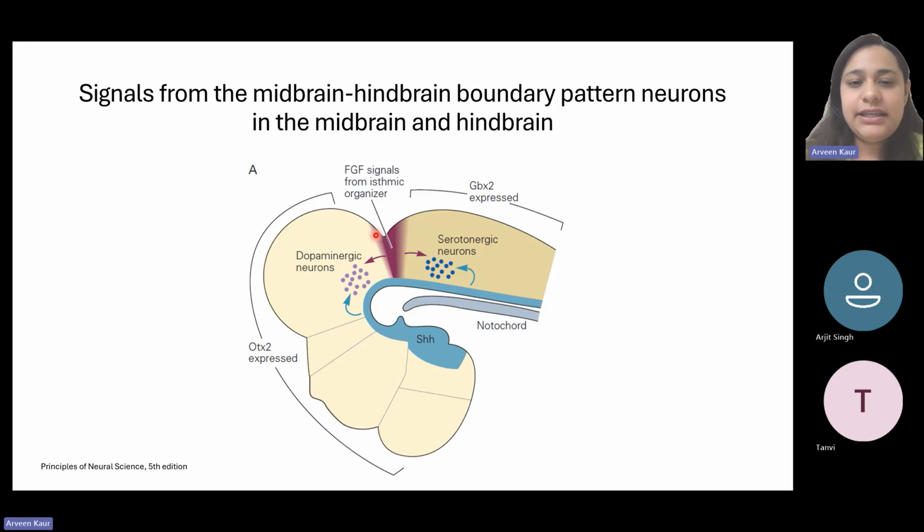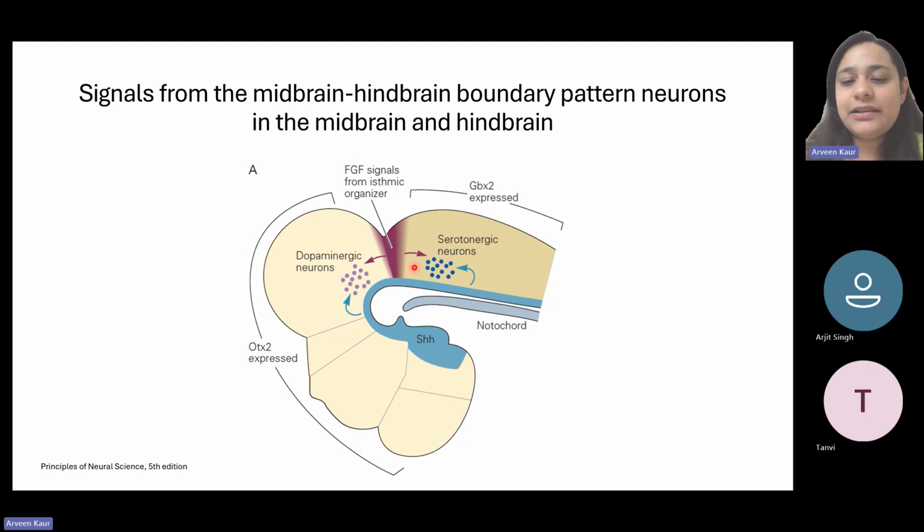This FGF signaling, if it is going towards the midbrain, there is a higher level of sonic hedgehog signaling towards the ventral side, right? This higher level of sonic hedgehog signaling towards the ventral side will basically determine motor neuron fate of these particular